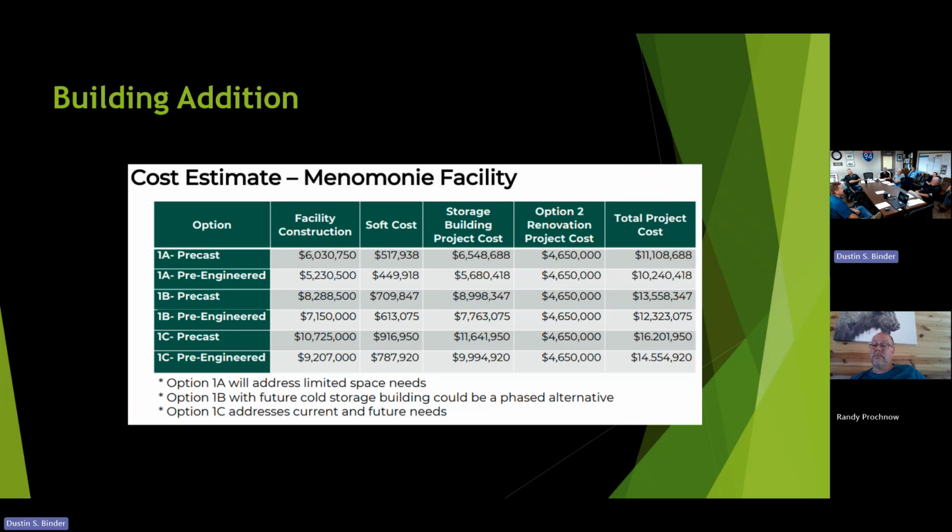So would any part of the old facility be torn down? Or are you just talking about a brand new one? It would be a brand new facility to increase our storage capacity for our equipment. But we still keep this old building and use part of it? Yes. And that's where, if we were to renovate our existing building,